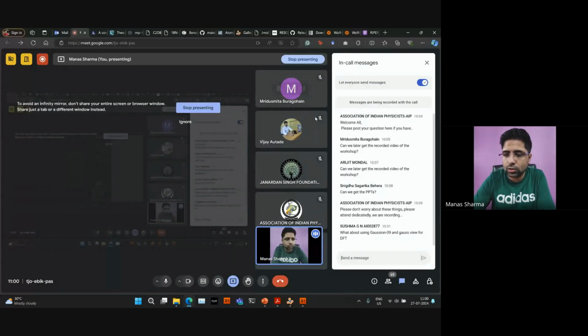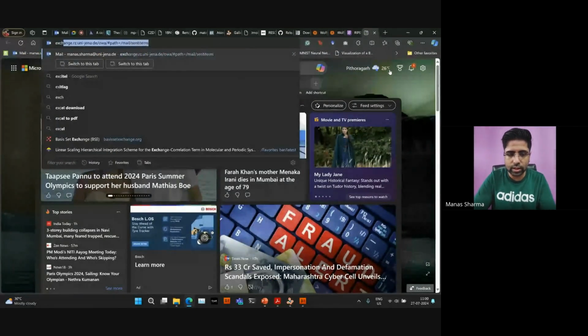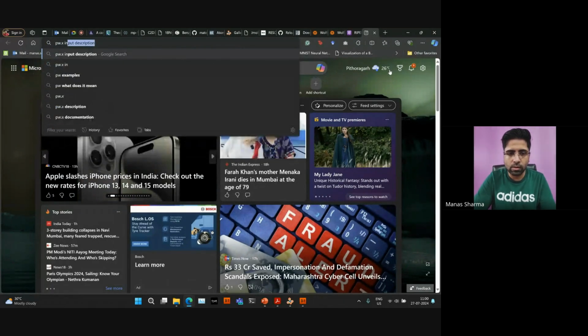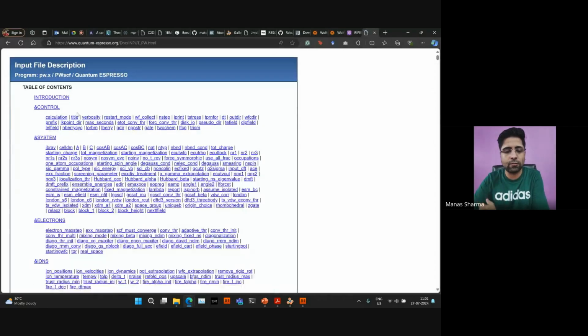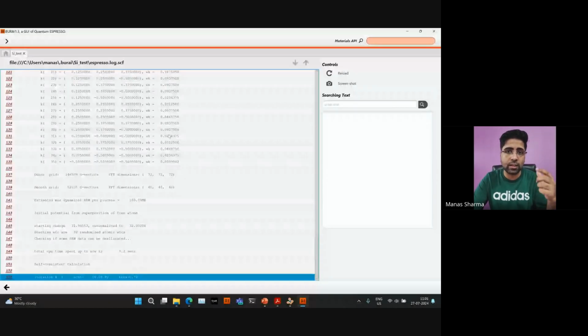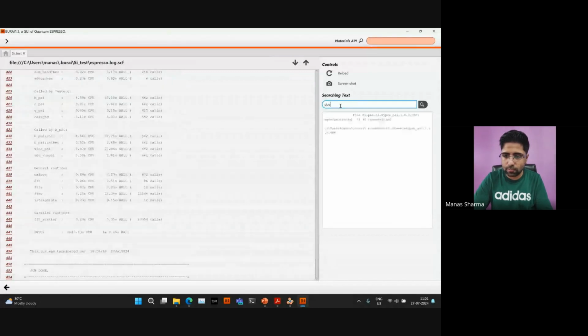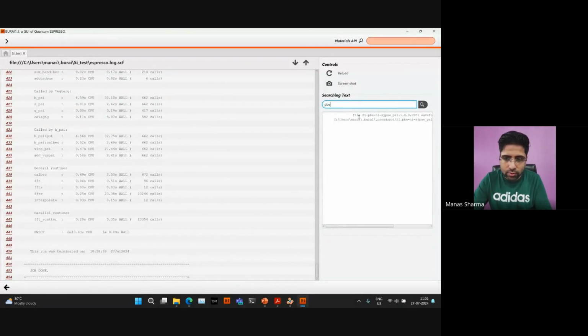In the meanwhile, I can also, as Mridu Smita asked, show how to specify the exchange correlation functional. So PWX is the utility or the executable or the module in Quantum Espresso that allows you to do these SCF calculations. So I'm just looking for the input description, and you will go to the first search result, and here you will find how to specify the exchange correlation functional explicitly, because right now it just picks that up from the pseudo potential. So maybe if I search somewhere here, then you can see that somewhere it has